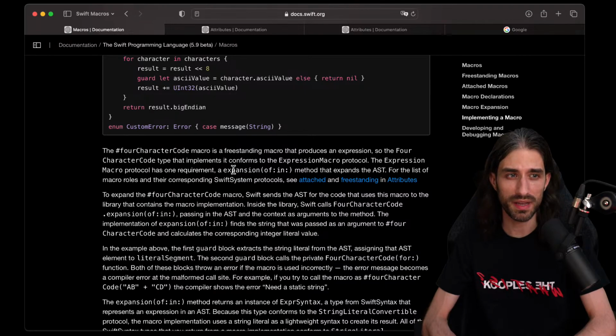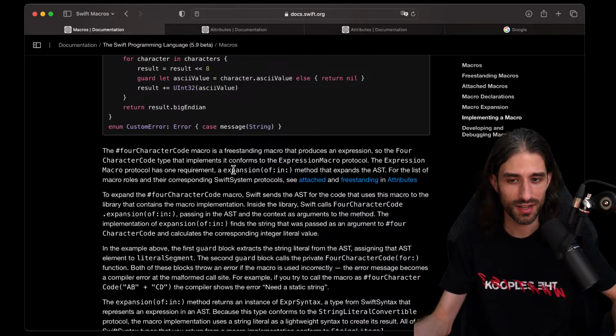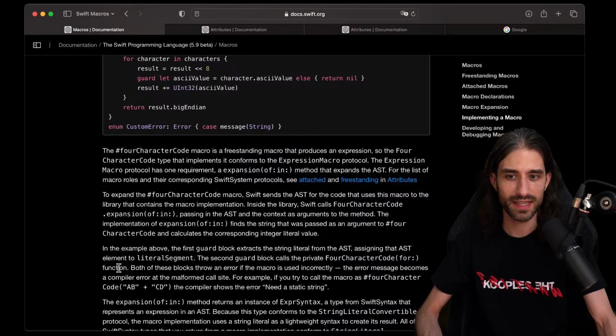It's because you could pass in an expression that might not be able to evaluate at runtime. Like if you pass in an expression that... no, let me redo it. It's because you could pass in an expression that cannot be evaluated at compile time. So imagine instead of AB plus CD, because here we still have two static strings, you pass in AB plus some value that will be gotten from a text field in your app.